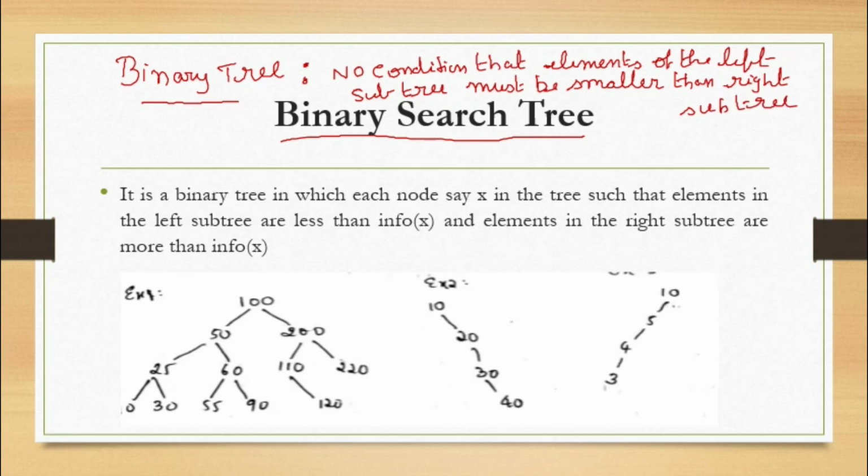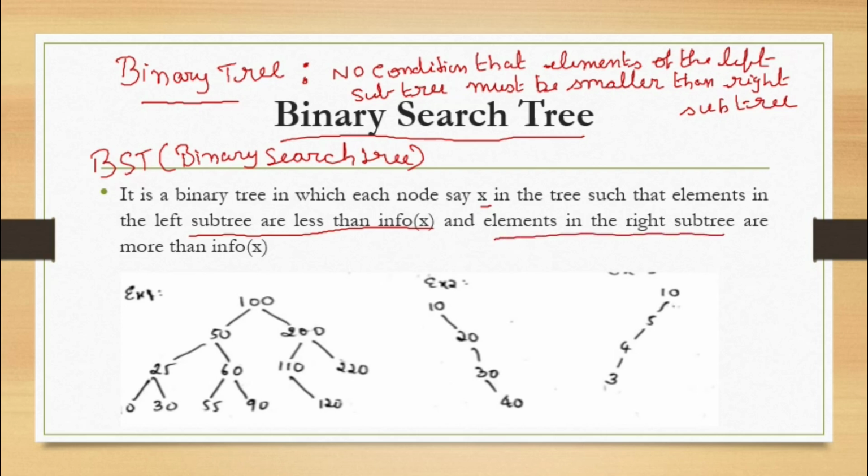But here in the binary search tree, what does it say? A binary search tree, or BST, is a binary tree in which, for each node say x in the tree, the elements in the left subtree are less than info of x, and the elements in the right subtree are more than info of x. So if you take 100 as info of x,